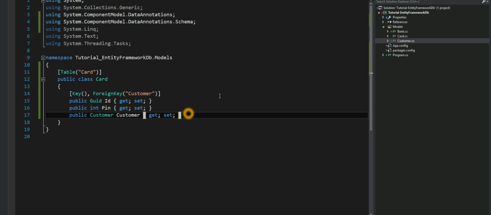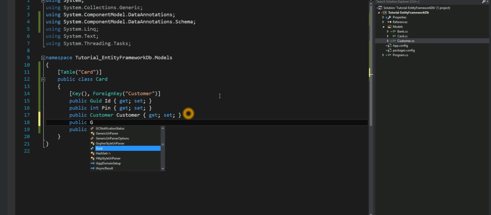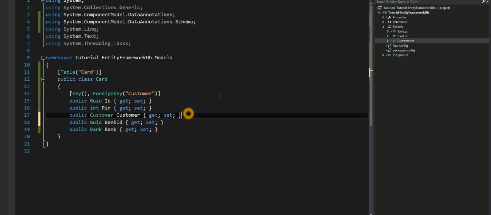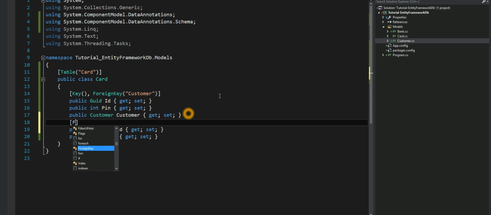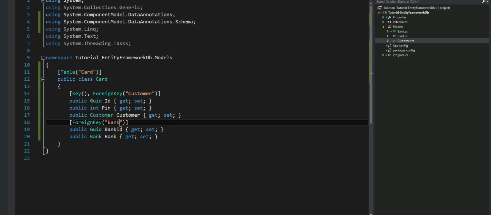But I have to do this first. Public bank, to have a one-to-many relationship with the bank. So this is a public unique ID, bank ID. This is the foreign key to the bank. Now we have these three objects, which will actually create